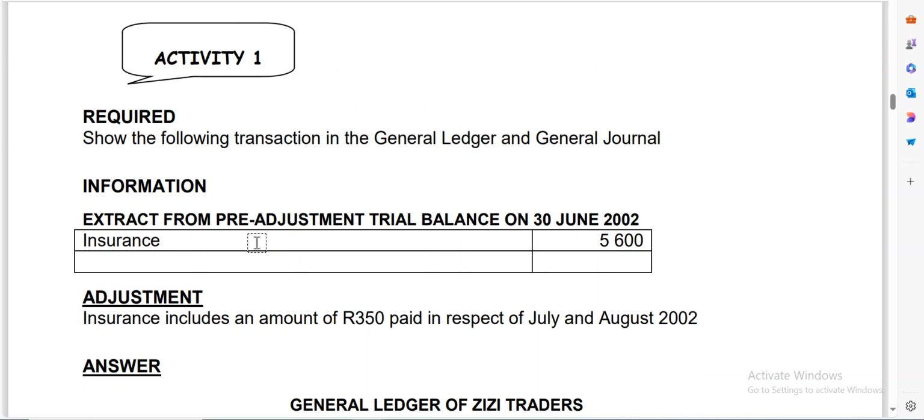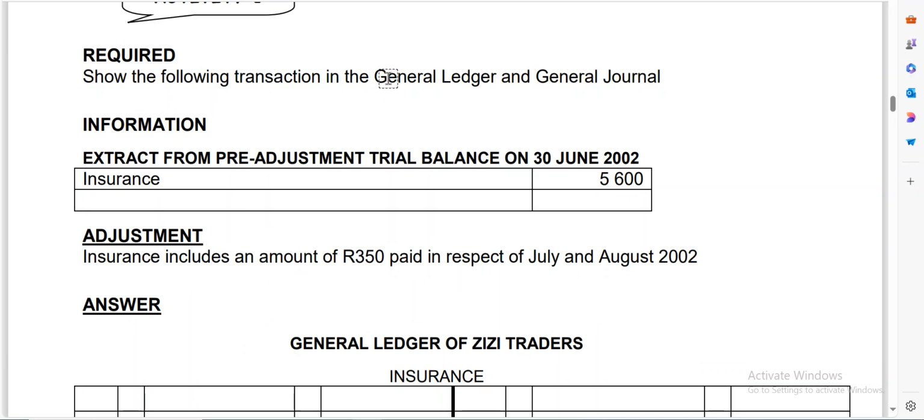So here they're saying that show the following transactions in the general ledger and the general journal. It is the same transaction as the one that we did, just that this one here is a bit different. So now if you look at this, number one, we need to be able to establish our financial period. Here they're saying that this is the extract from the pre-adjustment trial balance on 30 June 2002. So now if our year ends on 30 June 2002, we need to establish the beginning of the year,